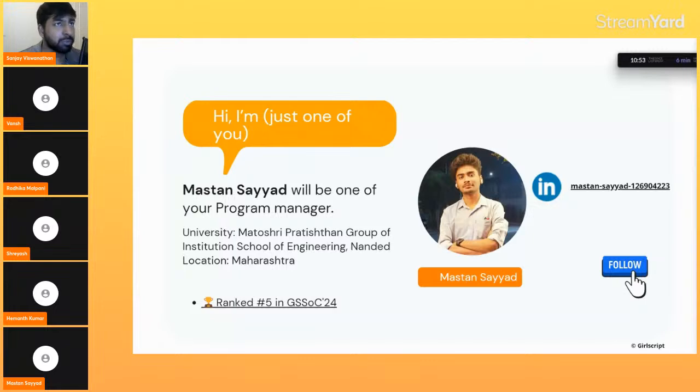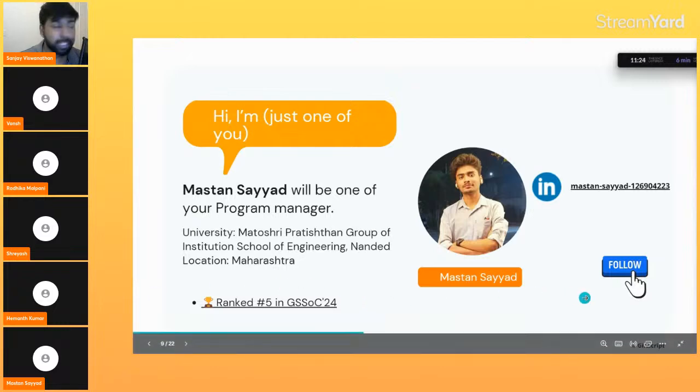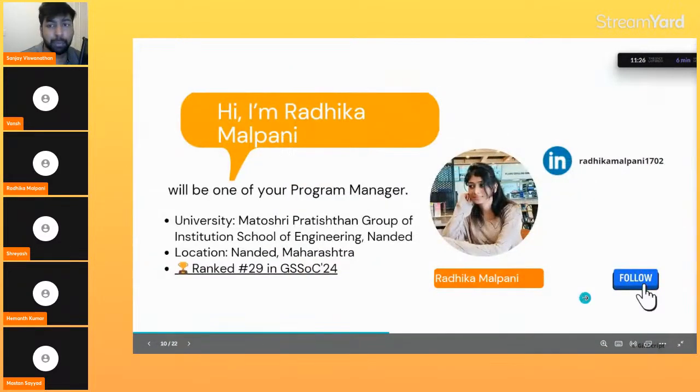We are not just looking for the contribution; we are looking for how well you are collaborating, how well you have understood the concept of open source, and how well you do during the entire program, bringing something new, like new ideas. So Mastan was one of the persons I personally noticed in the last program, and he showed his collaboration skills by how he was answering the queries on the GitHub discussion. Anybody could do it, right? So he showed exceptional skills, and now he became a program manager.